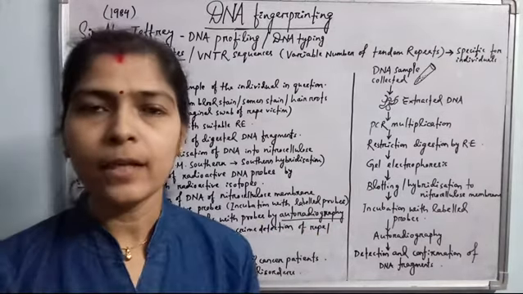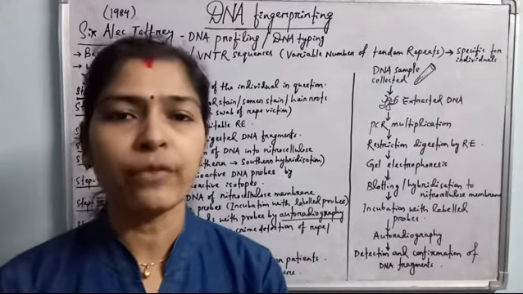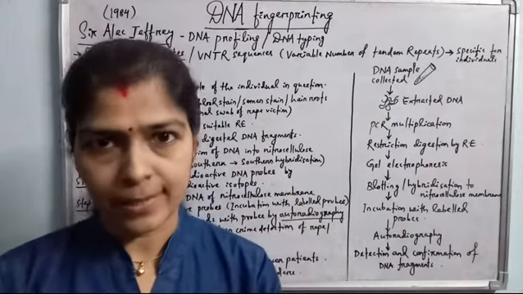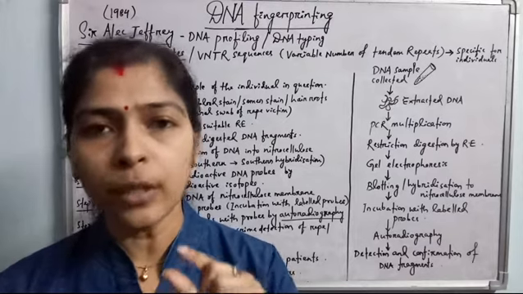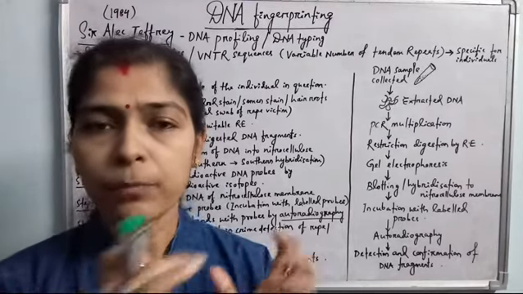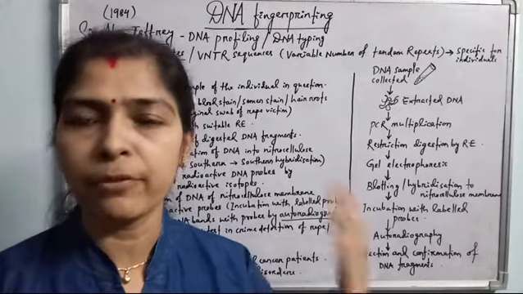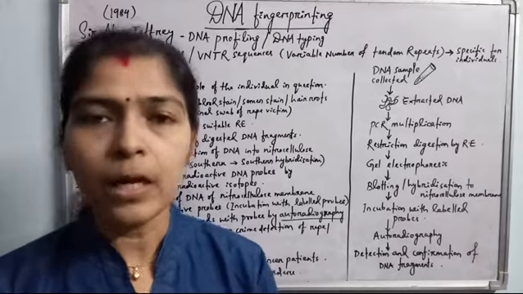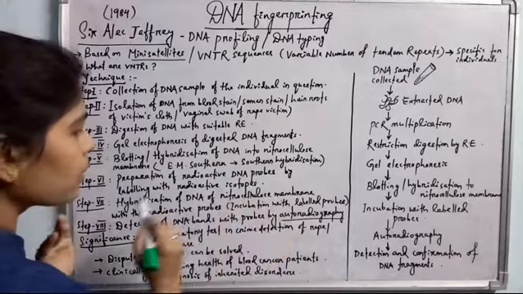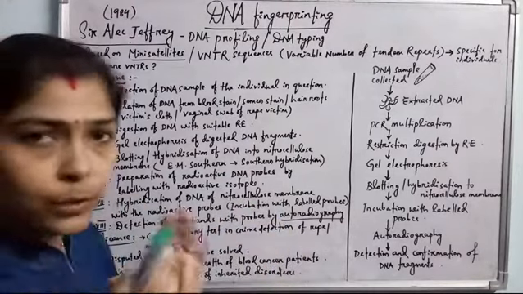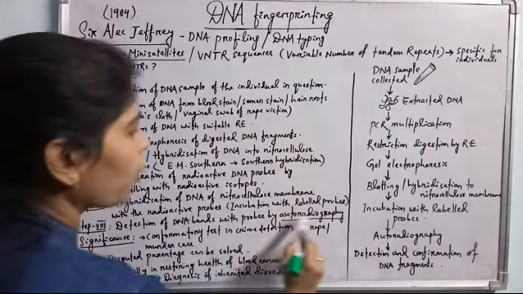What is done exactly? The nitrocellulose membranes with the single stranded DNA are dipped into the solution where the radioactive probes are present, and these radioactive probes are based upon the VNTR or STR sequences of the crime scene individual. From the crime scene, the DNA is isolated from different samples, maybe from cloth, maybe from a vaginal swab, or maybe from a blood sample. This is hybridization of the nitrocellulose membrane DNA with the radioactive probes present in the solution. Then comes detection of the DNA bands with probes by autoradiography.